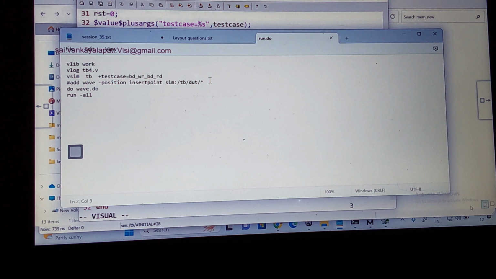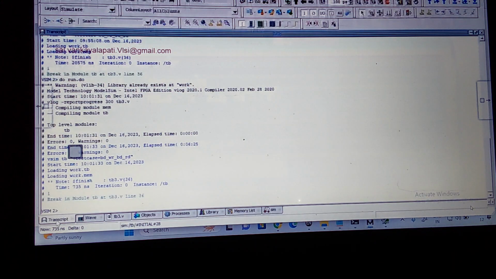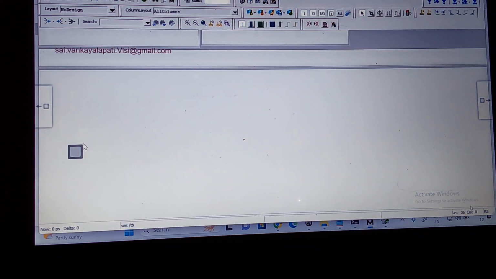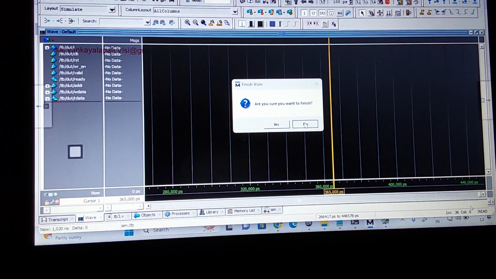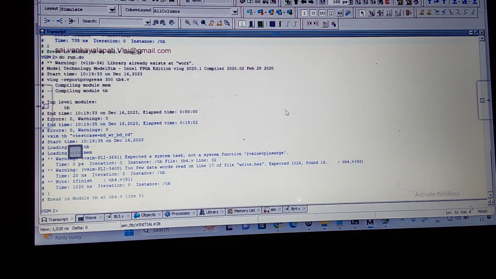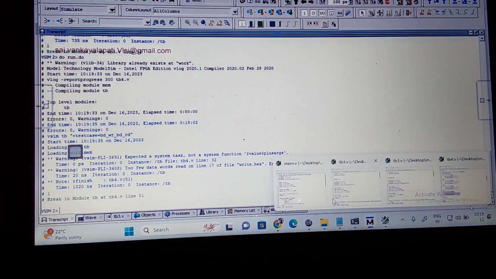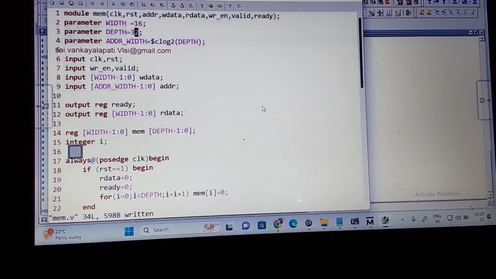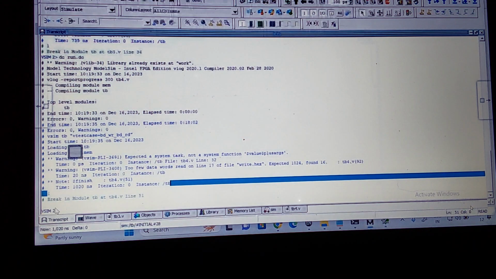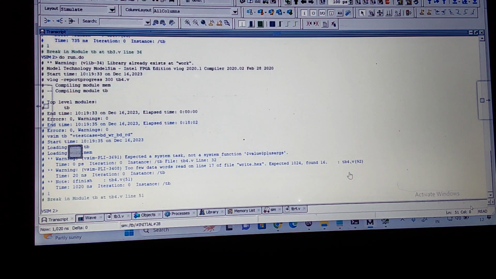Now let us save this. Now I'm going to run this program. Imagine for the previous case, 1024, the total simulation time it is taking is around 20,500 something. Now for this program, the depth I'm giving is 32. For 32, the time it is taking for the frontdoor access is around 750. Okay. Now I'm doing the backdoor access. You can see this is a backdoor access that I'm running.